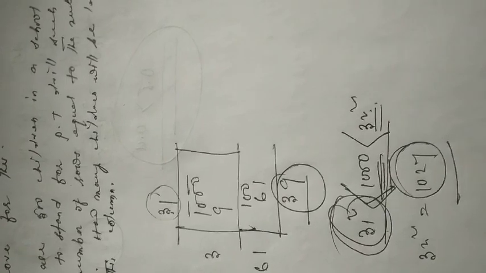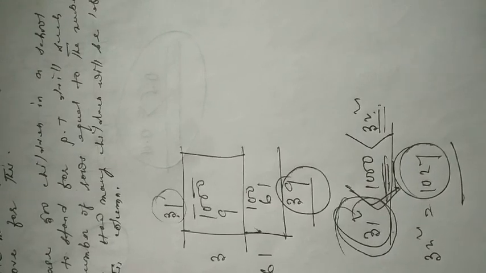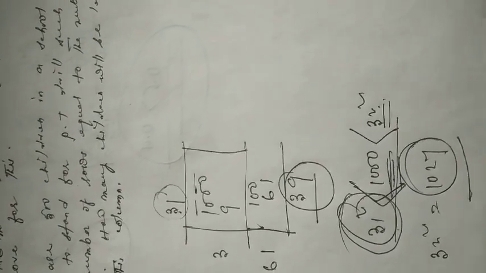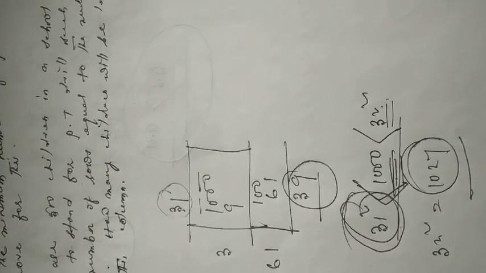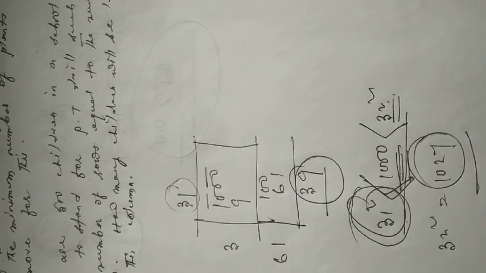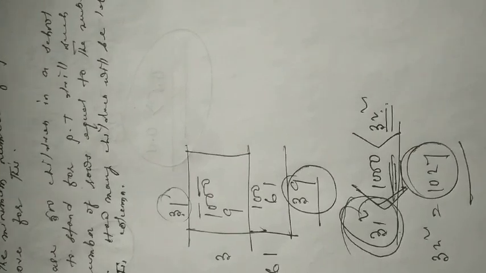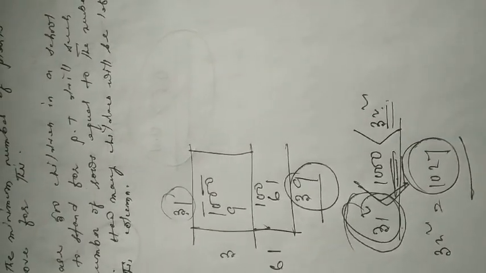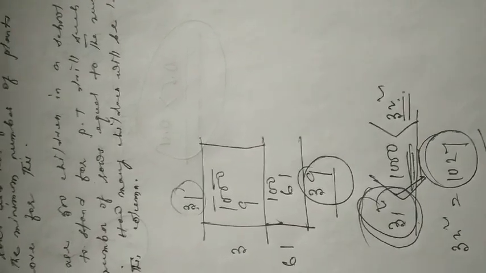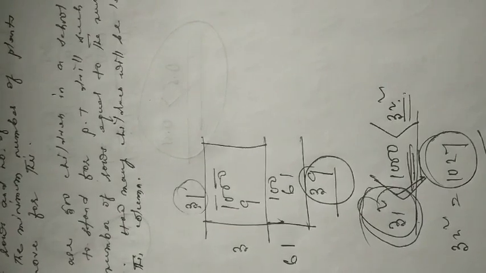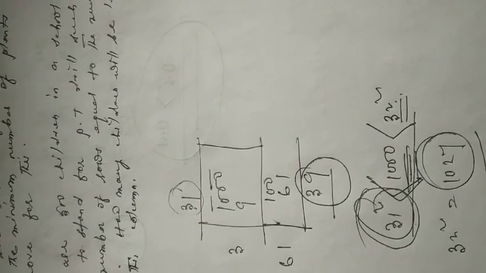So it means that the garden needs 24 more plants in order to make a perfect square, or in order to keep the garden's plantation in equal number of rows and equal number of columns. 1000 was the number, and 1024 is a perfect square number. So if you add 24 more plants to 1000, you will get a perfect square number.